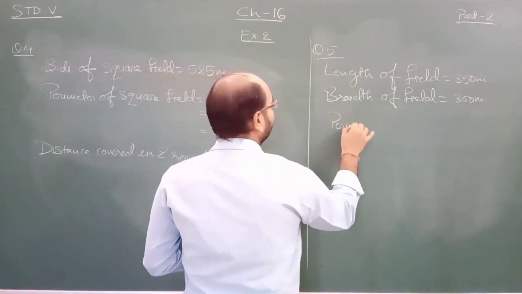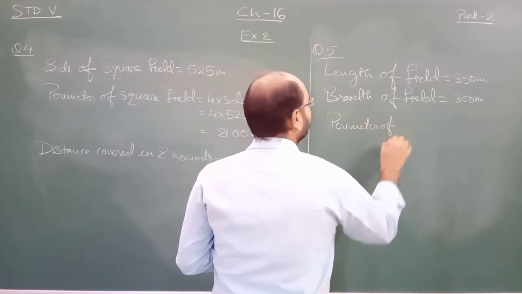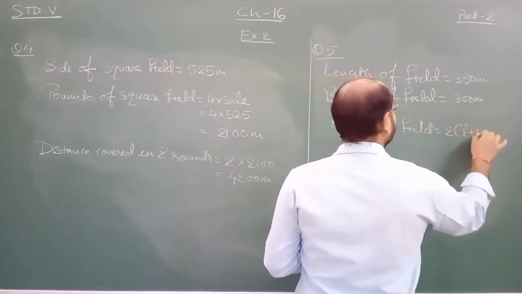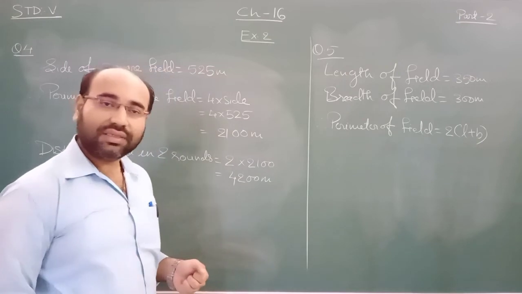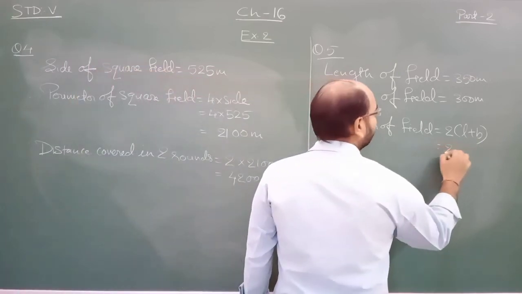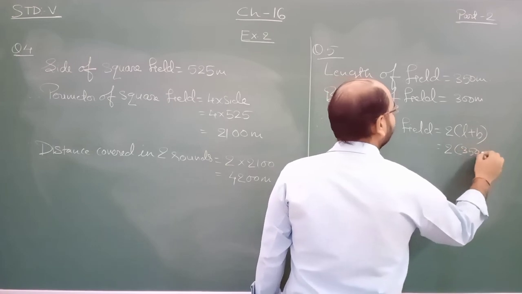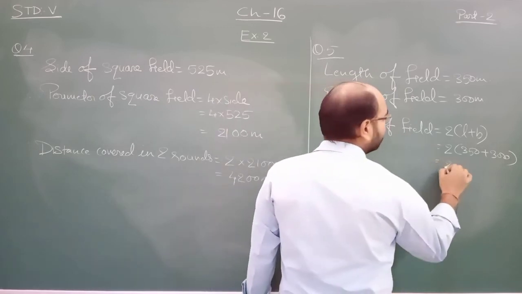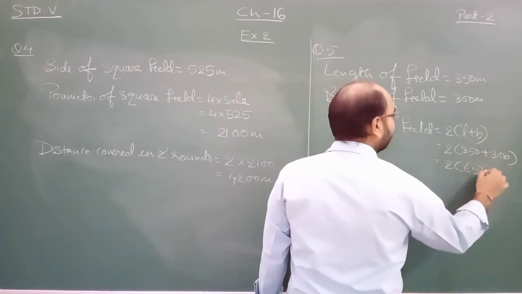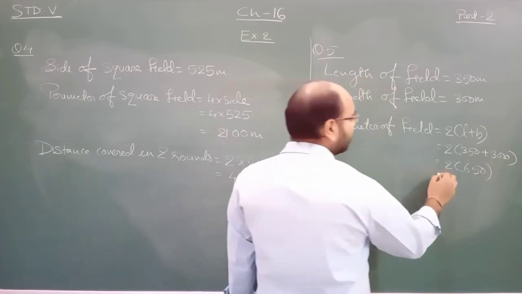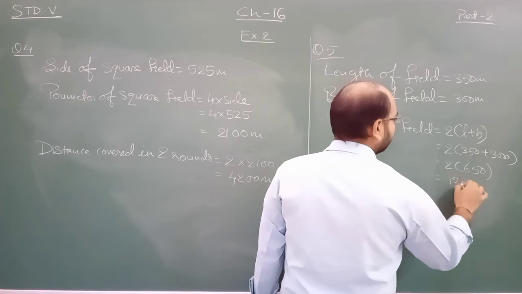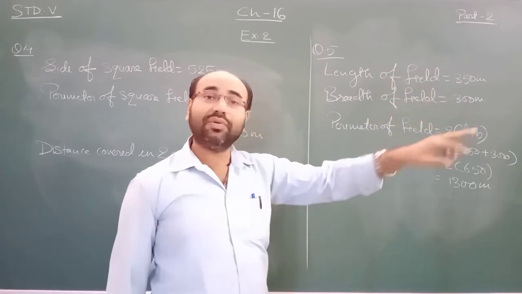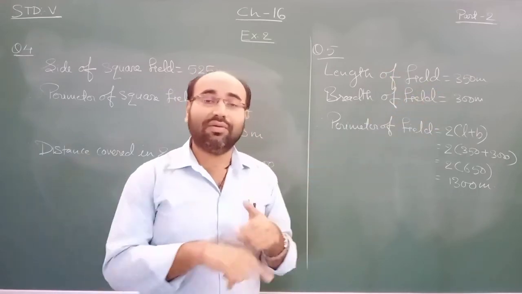Therefore perimeter of field is equal to 2 into length plus breadth. So that will be equal to 2 into 350 plus 300. So that will come to 2 into 650, and that will come as 1300 meter. तो यह उस फील्ड की पूरी पेरीमीटर हो गई, मतलब पूरा चक्कर लगाओगे उस रेक्टेंगुलर फील्ड का।